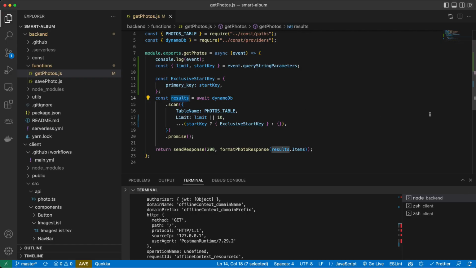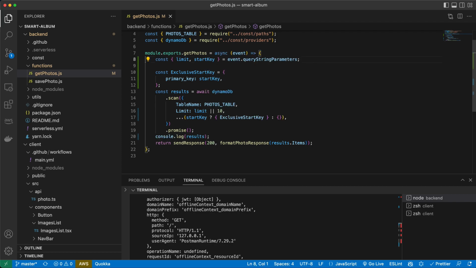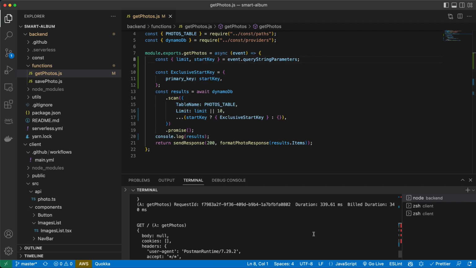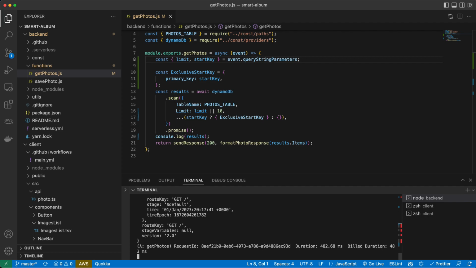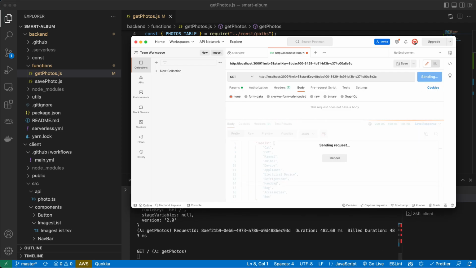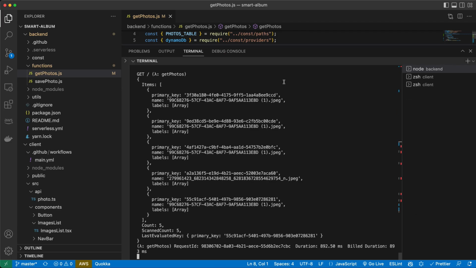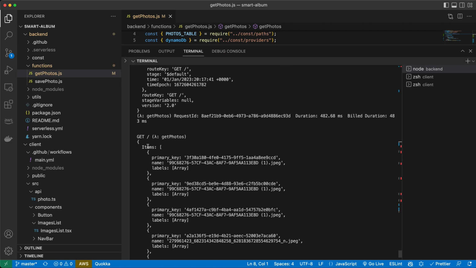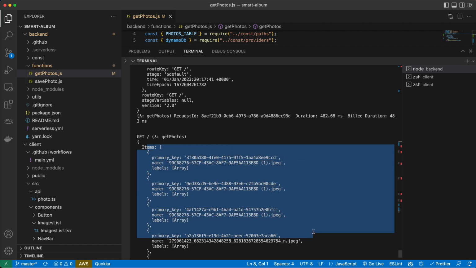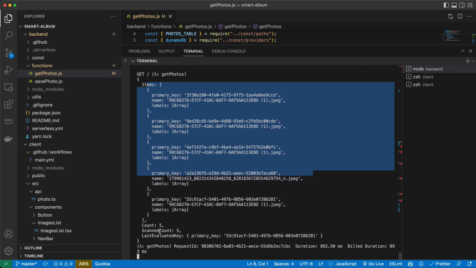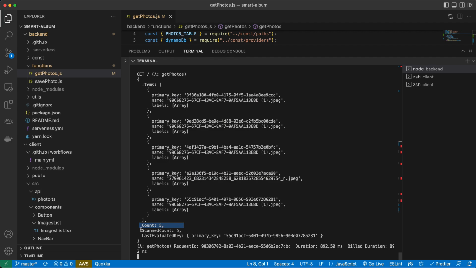Here our results, if we console log them, and we will remove the event because we don't want to mess up our console much. So now, if we console log the results, you can see that it has items. It has items that we return to client, and it has some extra information: count, scanned count, and this last